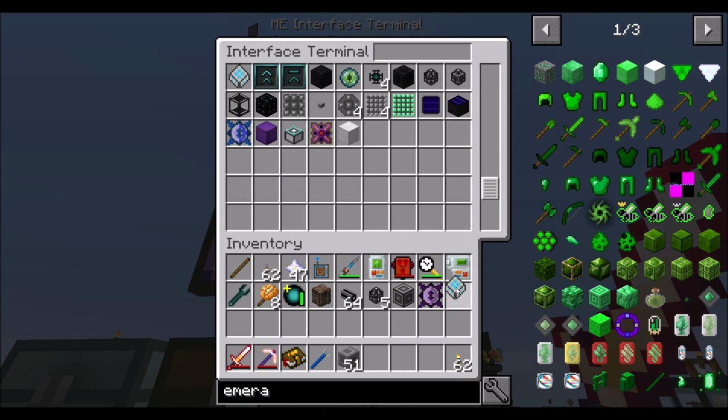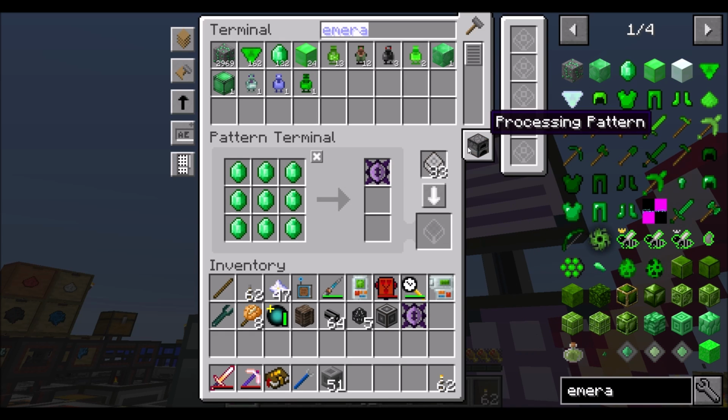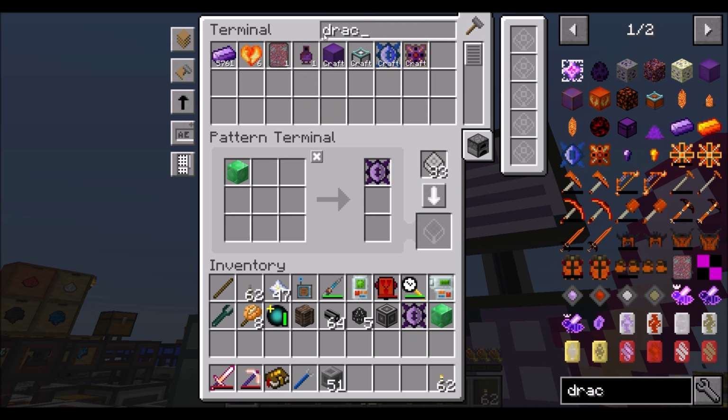Because you're going to need blocks of emeralds for this pattern, right? So a block of emerald, boom. So now we can put you in here, clear this out. So you are made with a block of emerald, 1, 2, 3, 4, 5 Draconic cores,